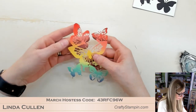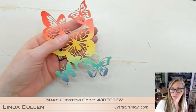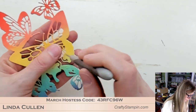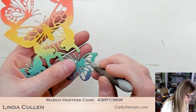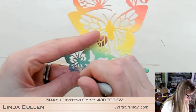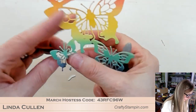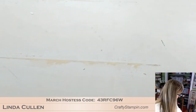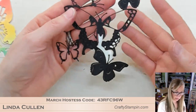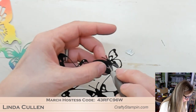So I'm going to start with the die cut colored butterfly. All right, I'm going to poke out the last few pieces here. There we go. Okay, and here we go. So this butterfly